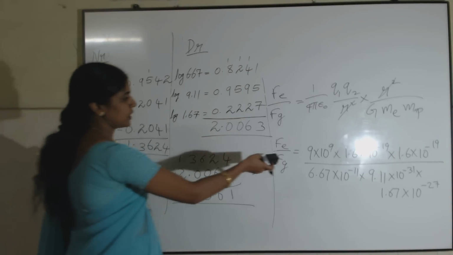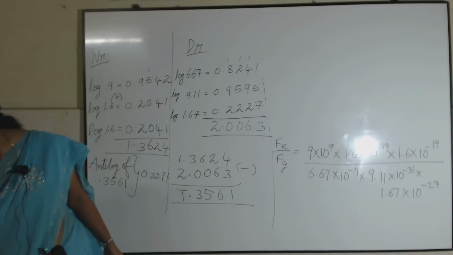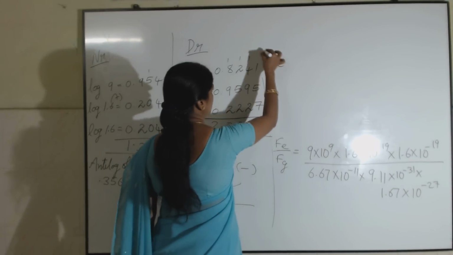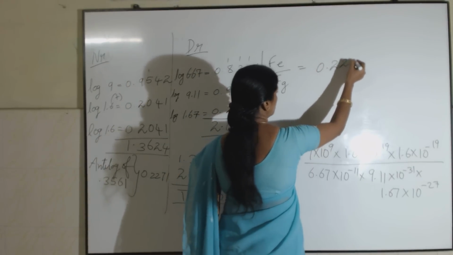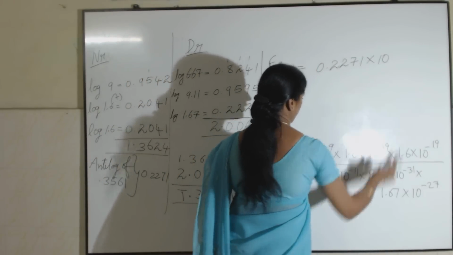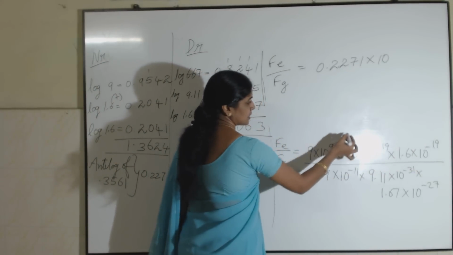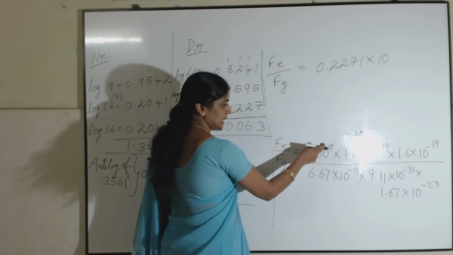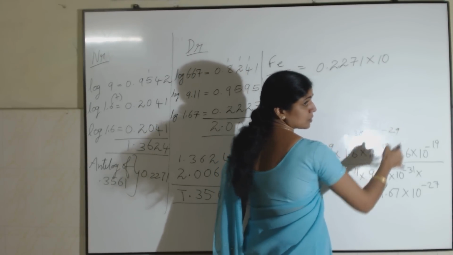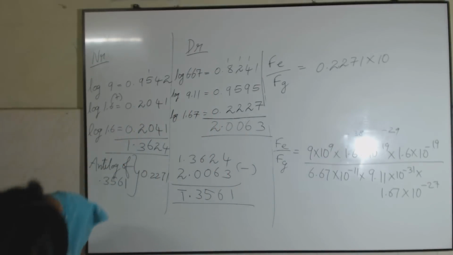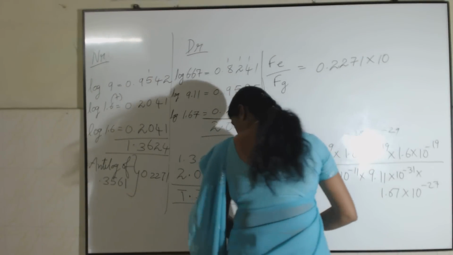Now, you just go for the powers of 10. So, at last, after simplification, what did I get? Fe by Fg is equal to 0.2271 into 10 power. You add all the powers of 10 in the numerator. Minus 19 is minus 38. Minus 38 plus 9, it will become minus 29. So, in the numerator I am getting 10 power minus 29, and in the denominator,